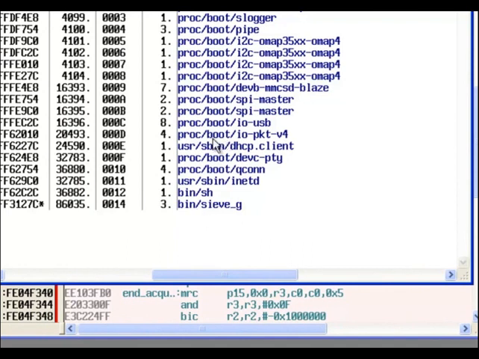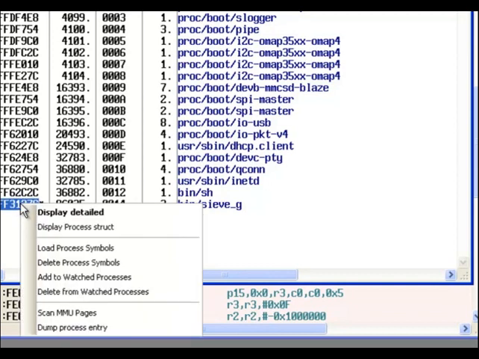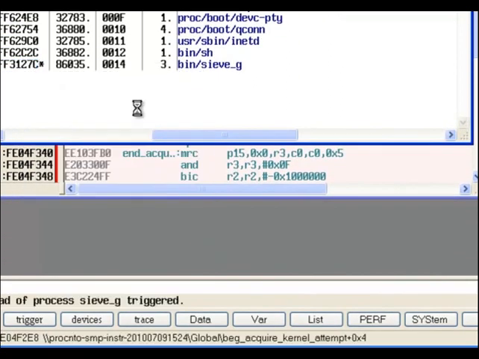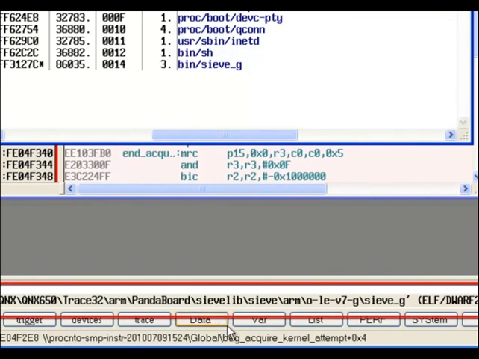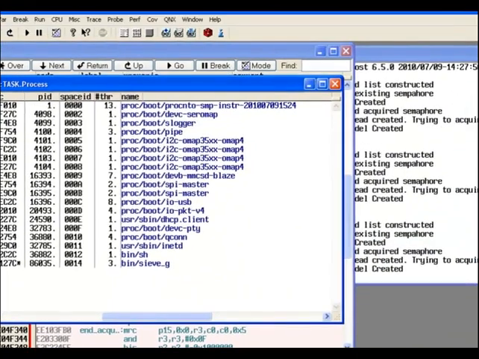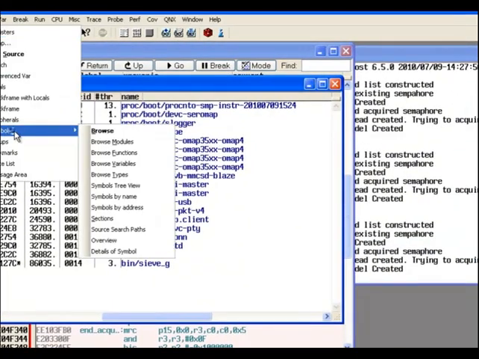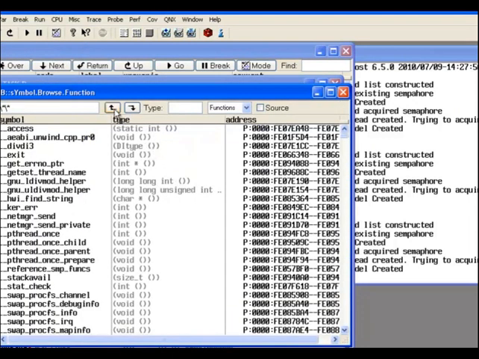Now how to attach to that process? First we need the process symbols. Right click onto the magic entry and say load process symbols. And that's it. The symbols are loaded. You can see the message line symbols of CFG loaded. Now let's see if we really have the symbols. Let's browse the functions. Let's go up to the